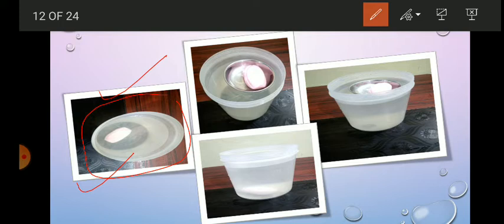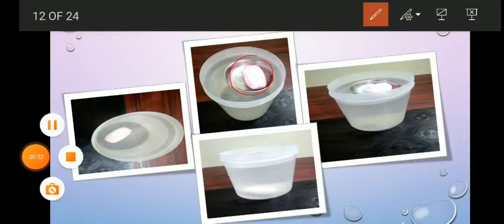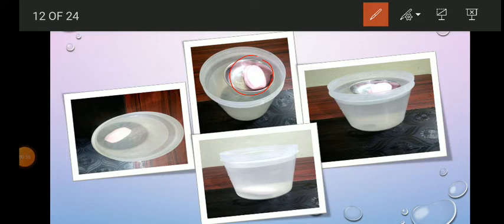But when you place the soap cake inside a steel plate and place it on the water, then the weight of this steel plate along with the soap is less than the weight of the water displaced. That's why it starts floating.